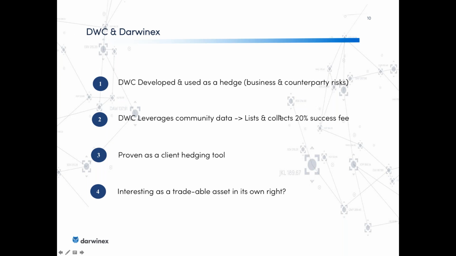Okay, so that's pretty much the reason we invented DWC. We actively use it at present. We invest a substantial portion of our balance sheet to hedge the risk that there is a big sweep that kills a lot of customers with or without negative balance. Now, as we've done that, we've seen that it's quite interesting to use as a trading tool itself, and we've actually taken to trade it. And the jury is still out on whether it's a tradable asset, but we're trying to find some ways out of it. So I've got a couple of questions here, which I'll read and then try and answer.